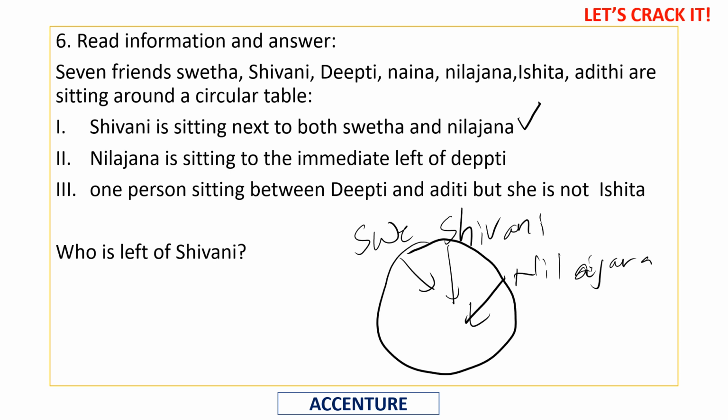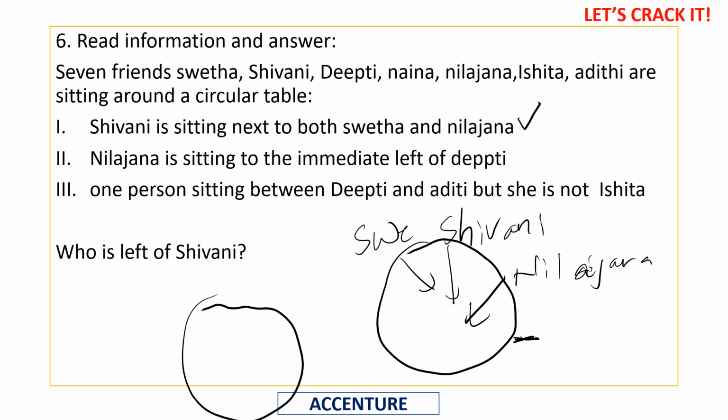So somewhere if we consider Deepthi here, Nilajana will be sitting right of Deepthi. Left of... Nilajana sitting left to Deepthi is impossible, because there is Shivani on the right side of Nilajana. So when is this possible? It is possible only when, if you make the